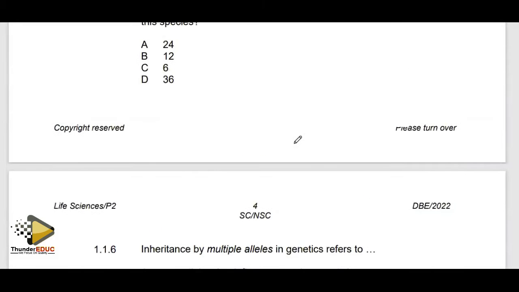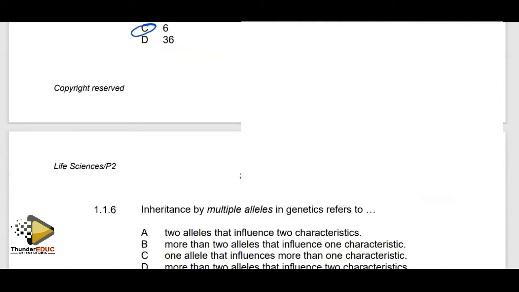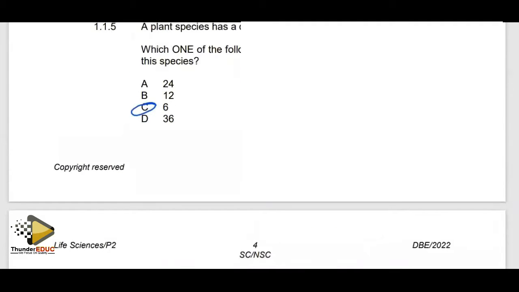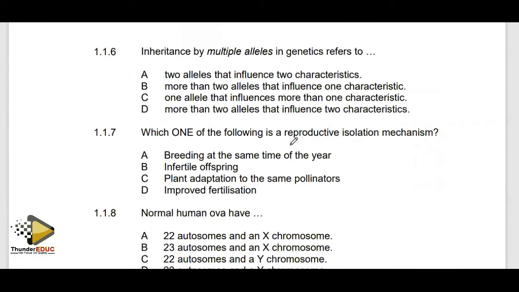So when we come back here, we shall see that the number of chromosomes from 12, half of 12, is going to be 6. So the answer is going to be C. Then they are saying that inheritance by multiple alleles